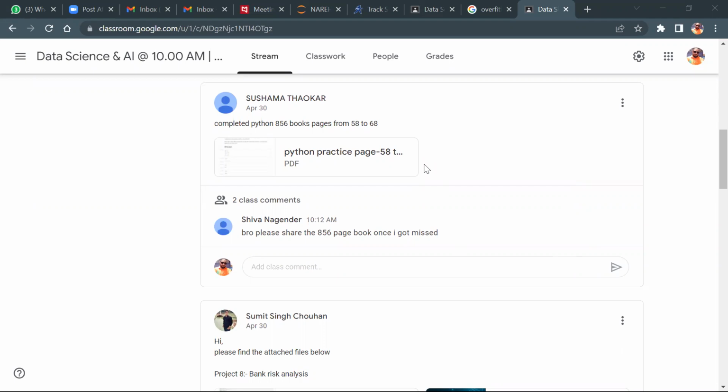Even if you pay 10 lakhs, if you go to the US to join, none of them will teach you the 856 pages. In one month, I said we will complete, and at least one third we complete, we gain some knowledge. Agree with me or not, guys? Let's do it, please. Okay. That's it from my side, guys.